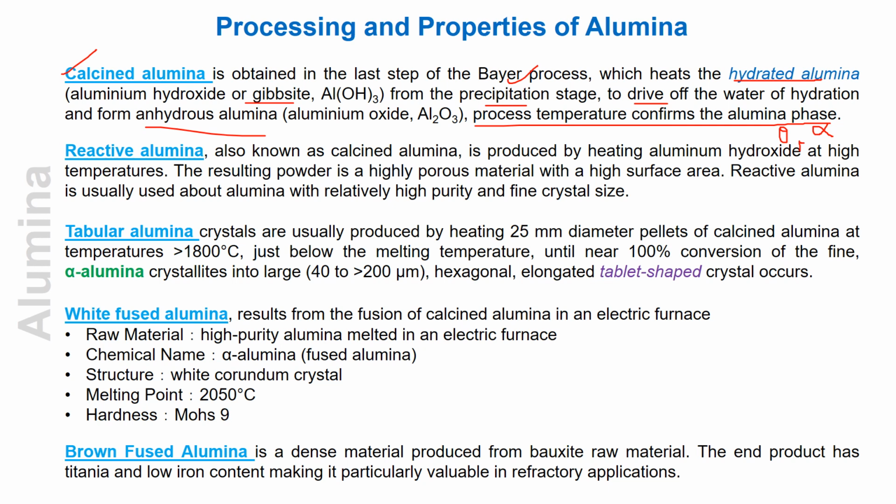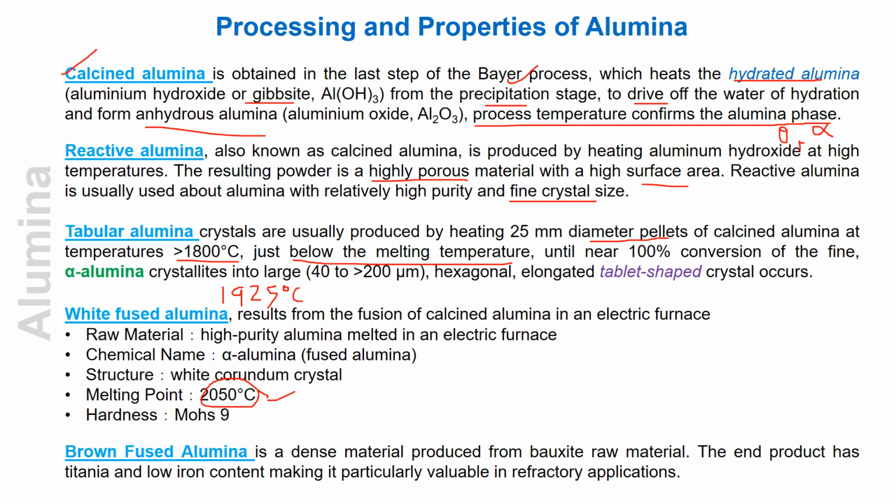Reactive alumina, also known as calcined alumina, is produced by heating aluminum hydroxide, and it has high porosity, high surface area and fine crystal size. Tabular alumina crystals are usually produced by heating 20 to 25 millimeter diameter pellets of calcined alumina above 1800 degrees centigrade. It follows sintering, and some literature indicates the preferred temperature is 1925 degrees centigrade, which is just below the melting temperature of this,